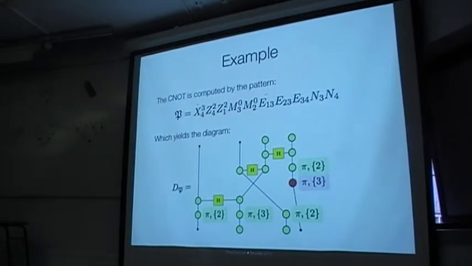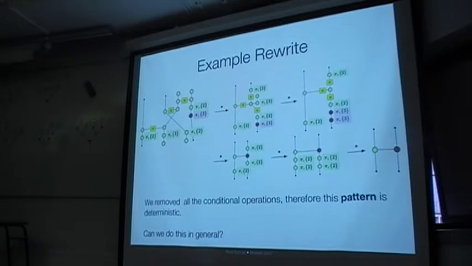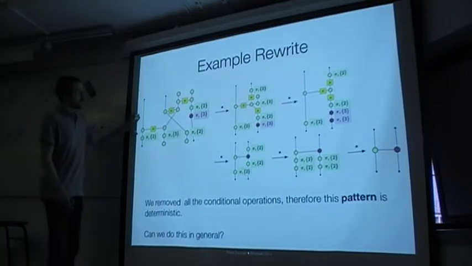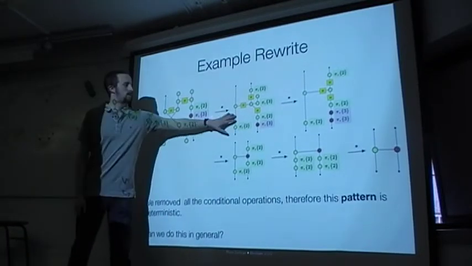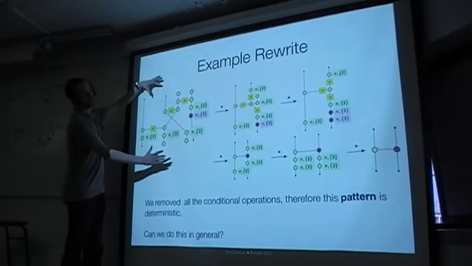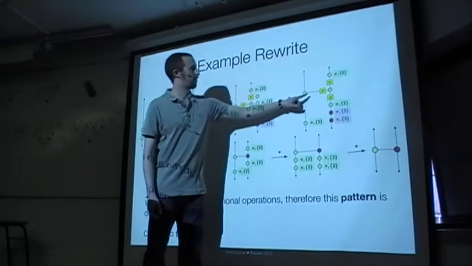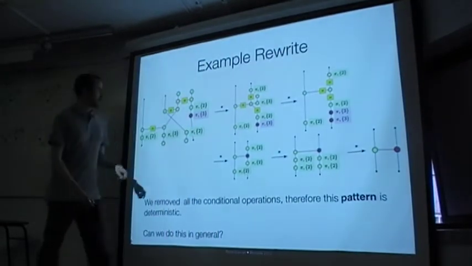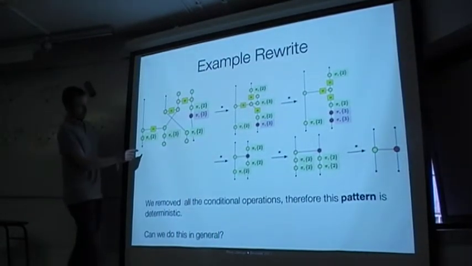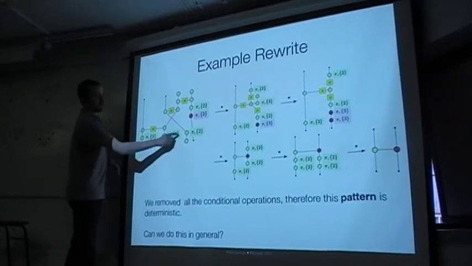But now I have my equations, so I can do something with this. So from here to here, basically all that's happening is all the green dots are being collapsed together whenever they can be. And now I'm going to start pulling through these conditional operations. And see, okay, that's right. Some of these, like here,